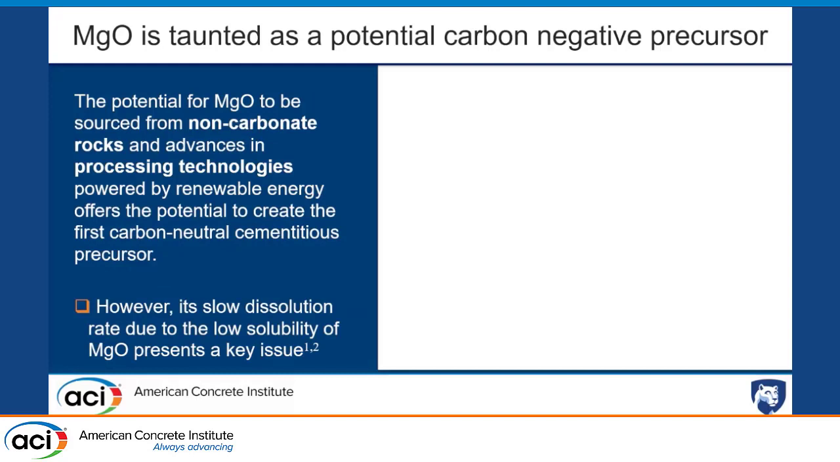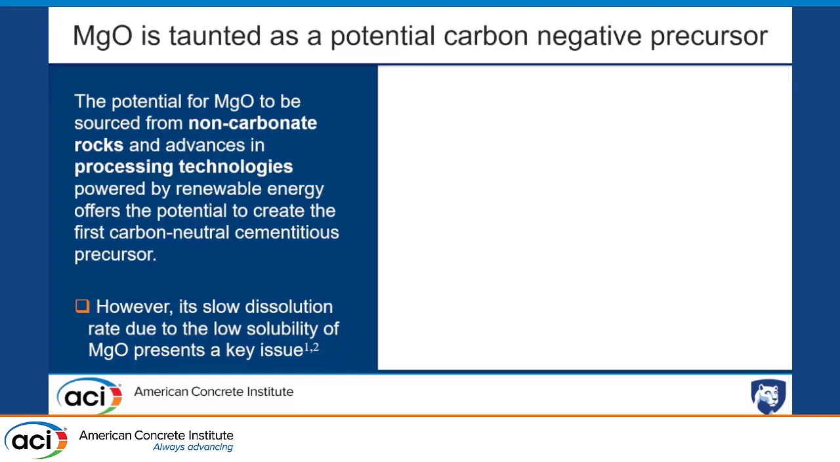Right. So, I'm sure you all have seen this, but magnesia is counted as the first carbon-negative cementitious precursor. Why is it the first one? It's because we have the ability of producing magnesia from non-carbonate rocks, such as magnesium silicates, with forsterite being the mineral there. And we also are thinking that we can have processing technologies that can utilize renewable energy to create this magnesia. So this is the main motivation for wanting to study magnesia more as a precursor